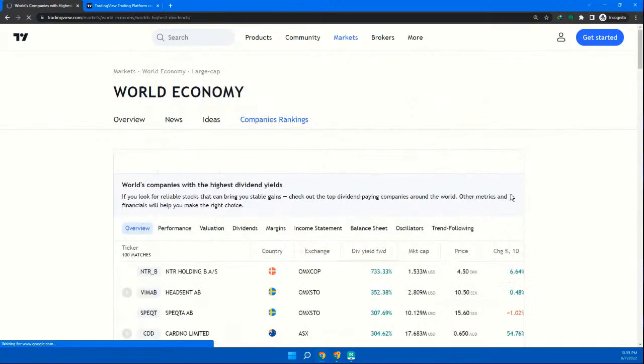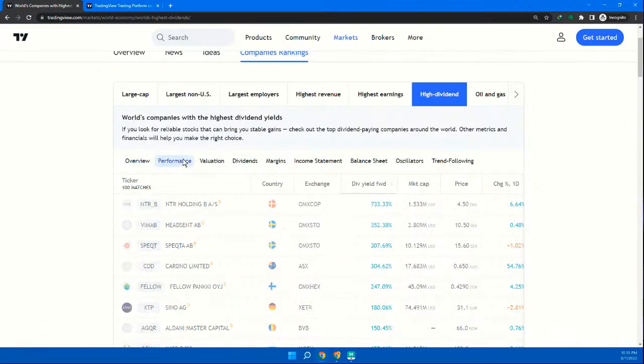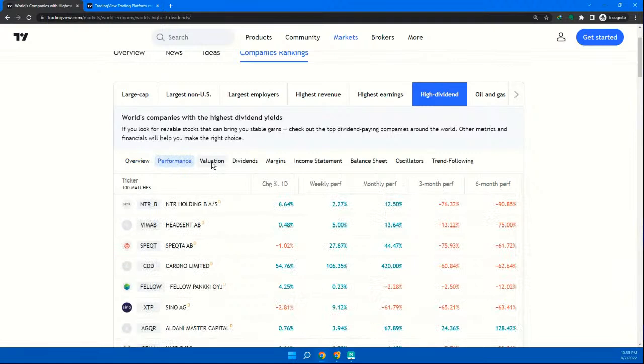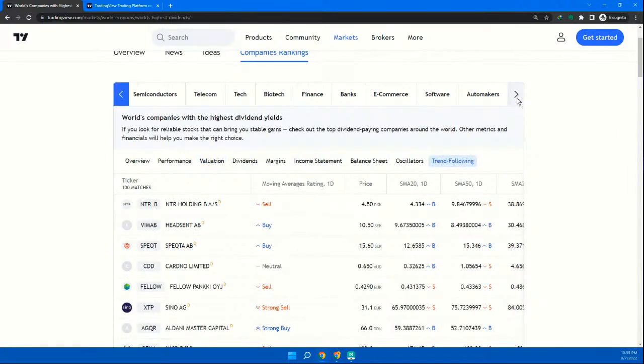So highest dividend, if you're a dividend investor. So you can see here there's a lot of ranking, a lot of information. Then you have sub lists in terms of performance, valuation, dividends, margins, and trend. So they've got lots going on here. And if you scroll,